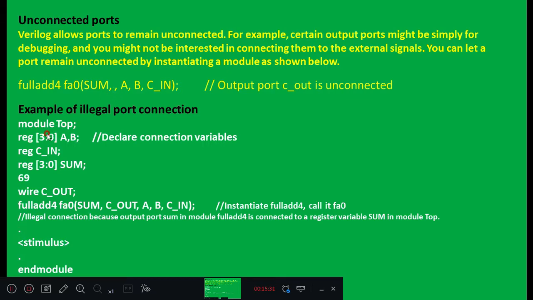Example, with respect to full add 4 only, assume that you are writing a test bench, a top level module with the name module top. A and B are of size 4 bit, C in is 1 bit, sum is of size 4 bit. There is a typing error here.